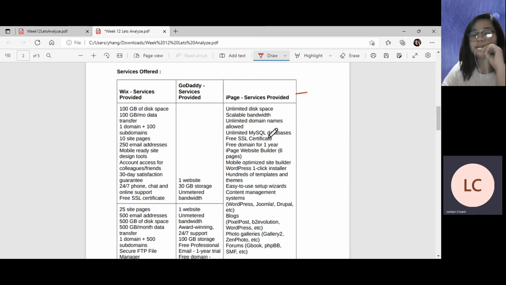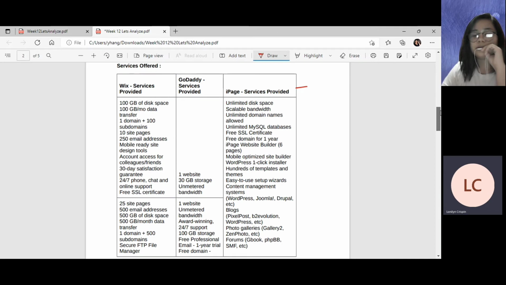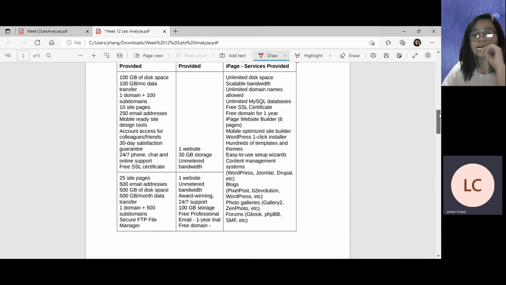Okay, so unlimited MySQL databases, the free SSL certificate, a free domain for 1 year, the iPage website builder for 6 pages, the mobile optimized site builder, and